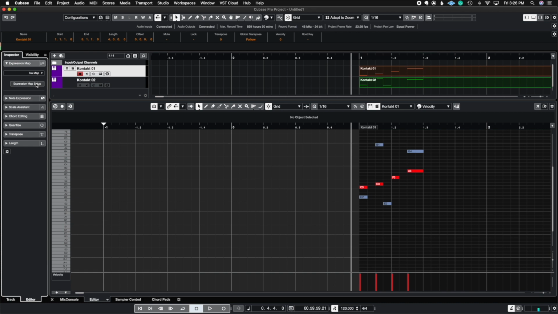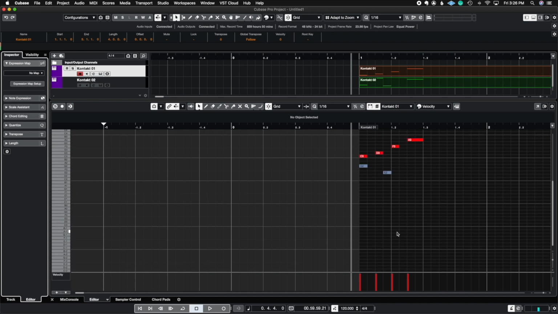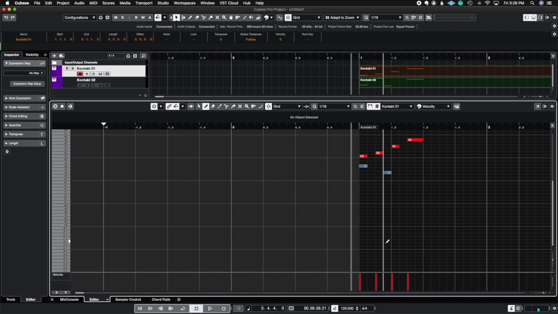If you already know how expression maps work, you can go ahead and skip along to the next section of this video. So expression maps are essentially ways that you can change the articulation of instruments in a sample library. So in a sample library, you might get things like key switches. Now what key switches are, if, let's say, you're playing a long note on a violin patch, and you want to switch to short notes, a key switch is a note designated inside the sample library that's usually out of